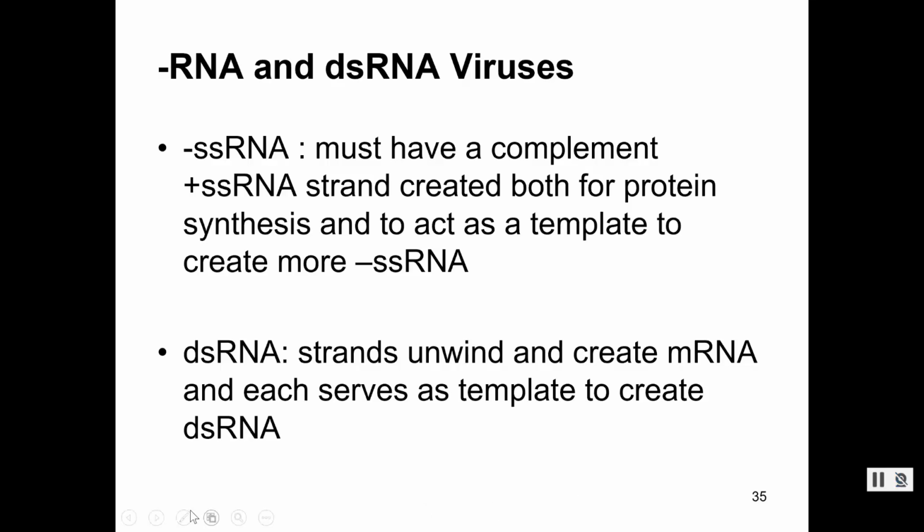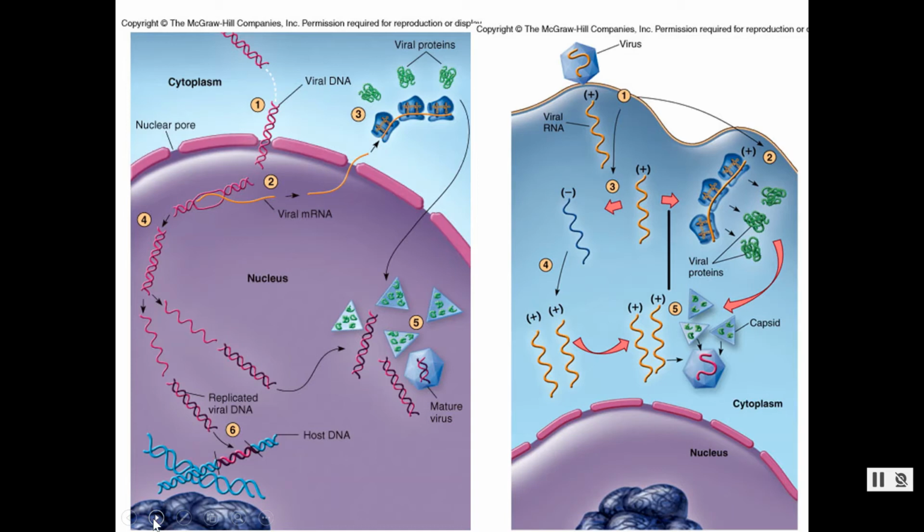Okay, so let's do some pictures, because sometimes pictures are easier. We have a picture of entry and synthesis going on. I have viral DNA here drawn in pink. We can tell it's double-stranded because it's drawn that way. If this is the nuclear membrane, there's a nuclear pore, we know that this is a double-stranded DNA virus nucleic acid coming in just based on the picture, because it's going into the nucleus and DNA goes into the nucleus